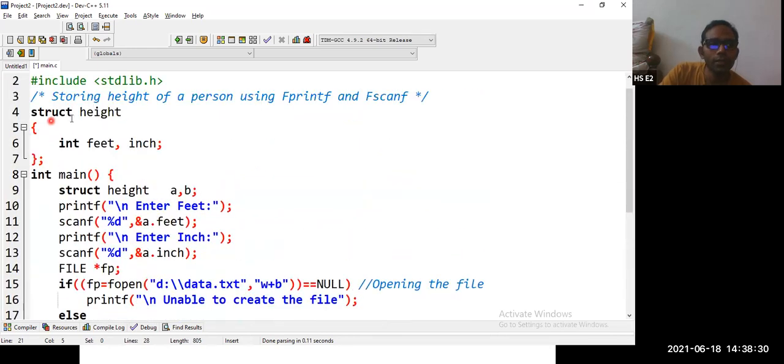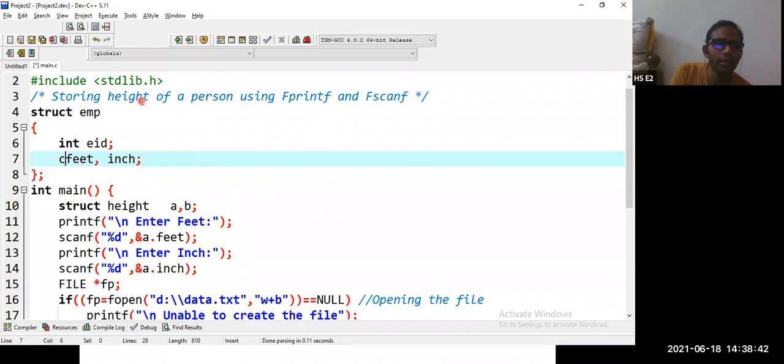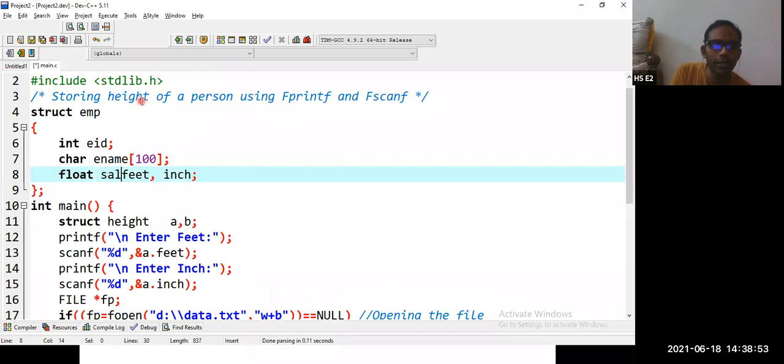Now what we are going to do is, instead of structure height, we are going to write struct emp employee. The employee will have an ID, integer EID, then character employee name with a maximum of 100, then float salary.